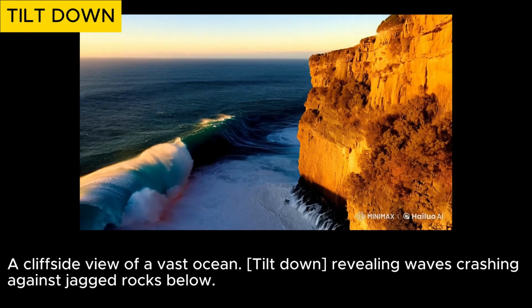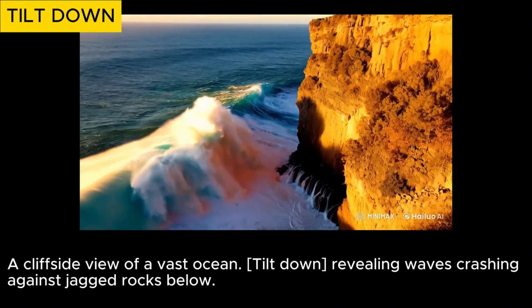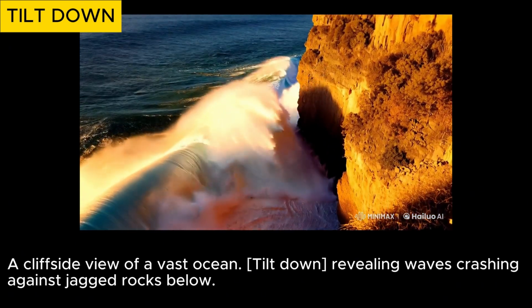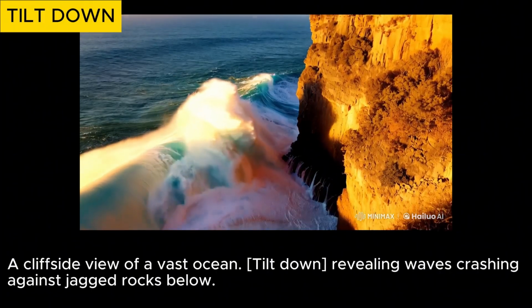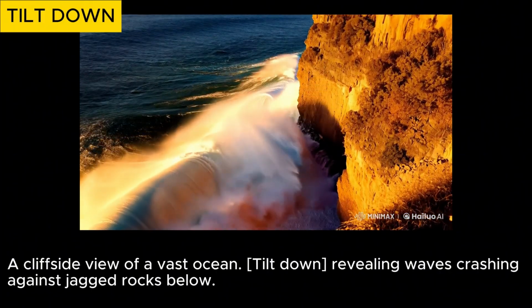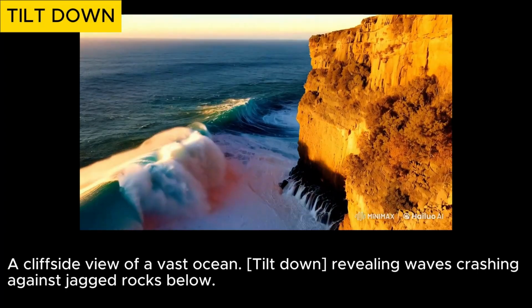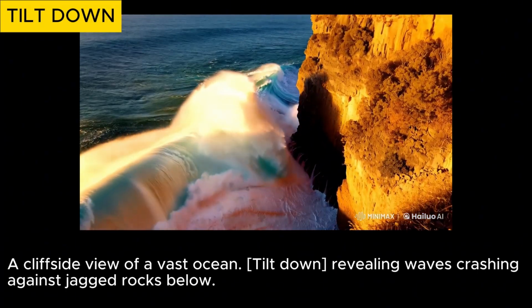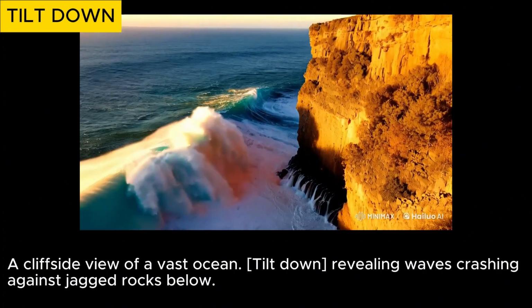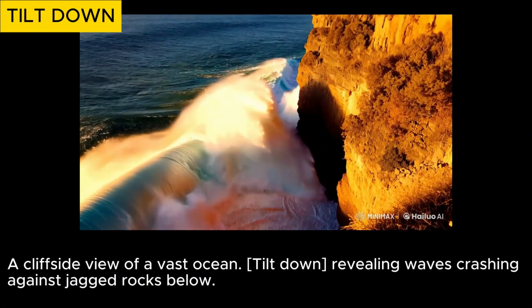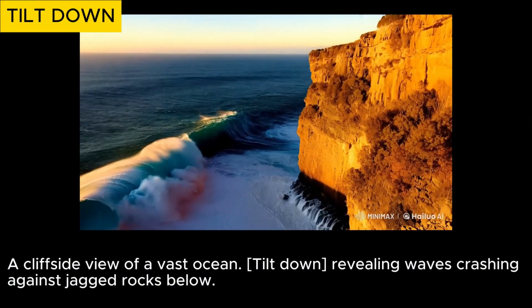This technique is commonly used to create tension, transition to lower levels, or unveil hidden elements. In this video, the camera starts with a sweeping cliffside view of the vast ocean before tilting down to reveal waves crashing against jagged rocks below. This movement enhances the dramatic contrast between the serene horizon and the chaotic waters beneath, reinforcing a sense of danger